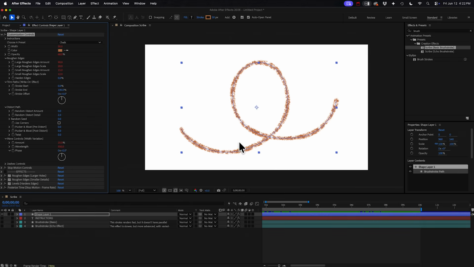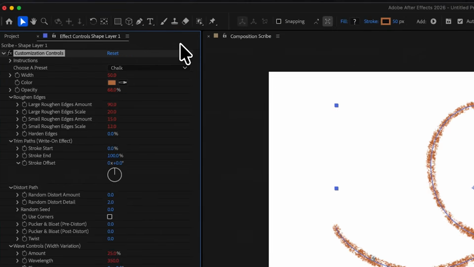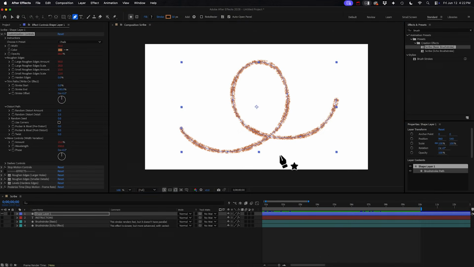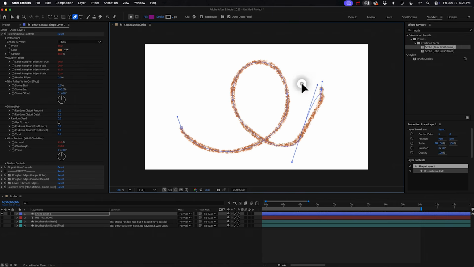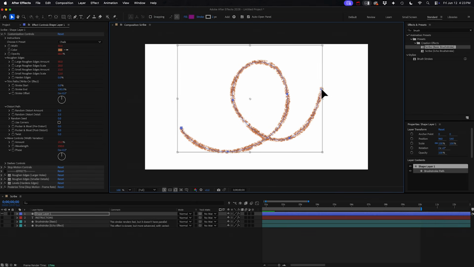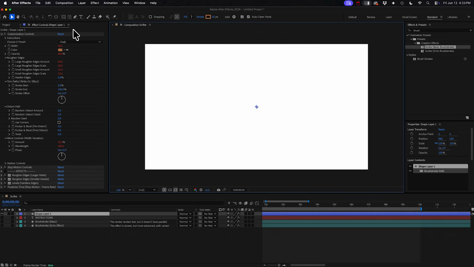The preset put a path on here, and you can take your pen tool and adjust the points on the path to make whatever shape that you want. Or you can delete points and add new ones. And if you prefer to just draw a new path, just double click a point to select the whole thing and then delete it. And make sure that your pen tool is selected, and then you can just draw your